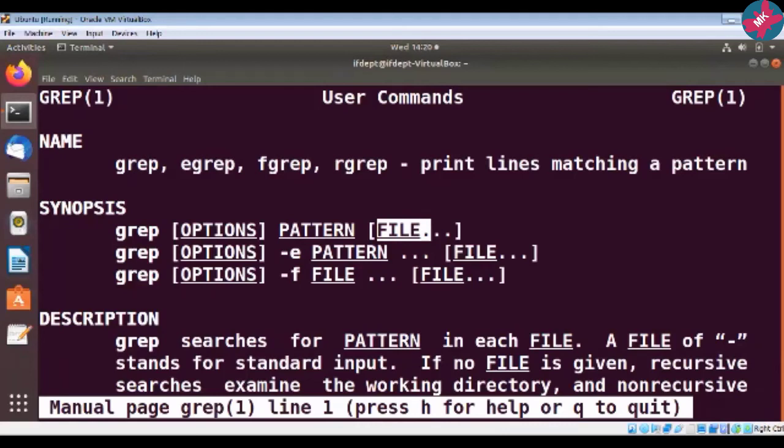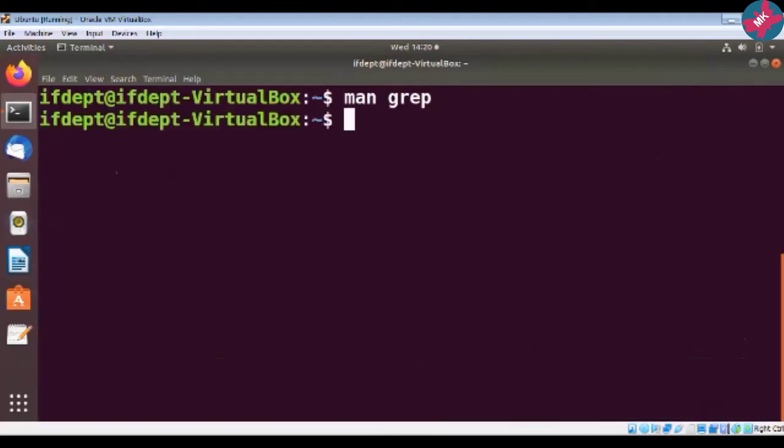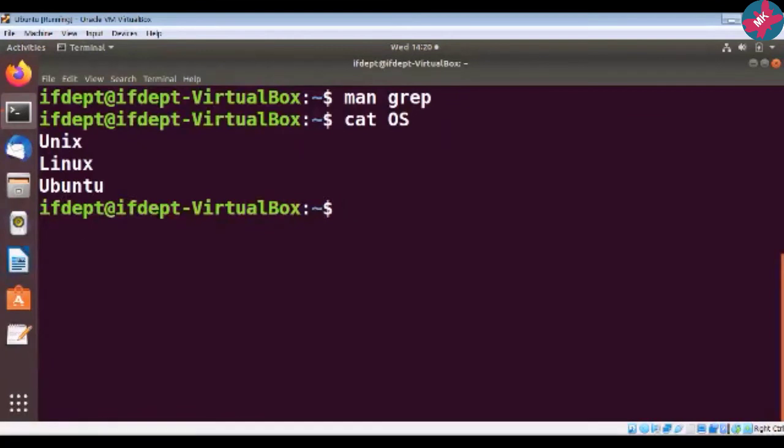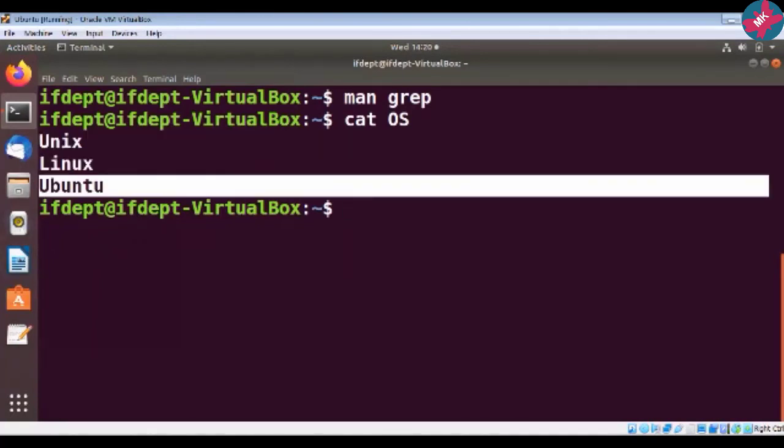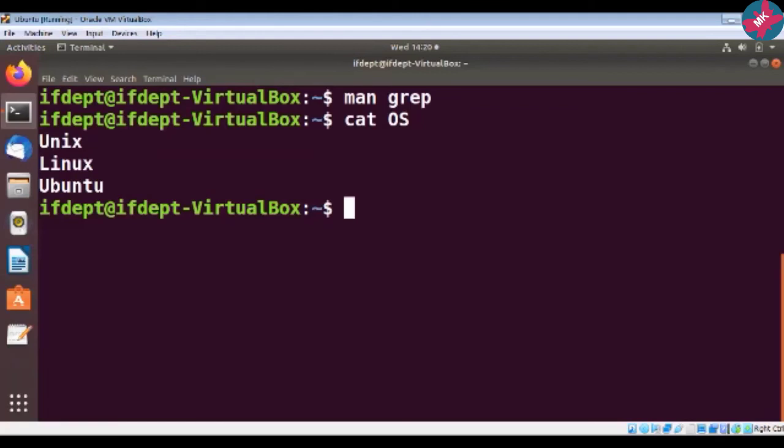So let us try to search this. For this, again I have created one file called OS. For simplicity, I have just put here Unix, Linux and Ubuntu. This is just a small file.